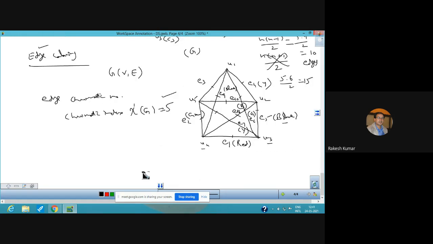I am going to repeat the step again. If you have given red color to an edge, so with the help of vertex V3, red color is forming this edge E1. So all the edges that are formed with the help of V3, E5, E6, E7, their color should not be red. Similarly, with the help of V4, E1 is formed, so with V4, E8, E9 and E2 are also formed. Their color also cannot be red. This is the meaning. So this is given as blue color. So total 5 colors have been used by using this logic. So this is your chromatic index.